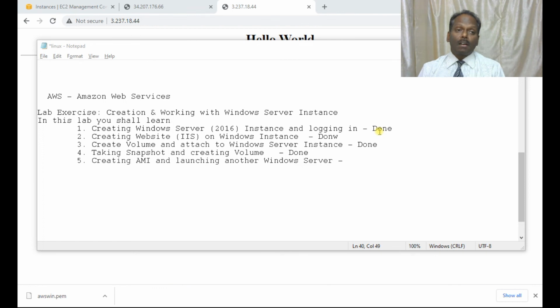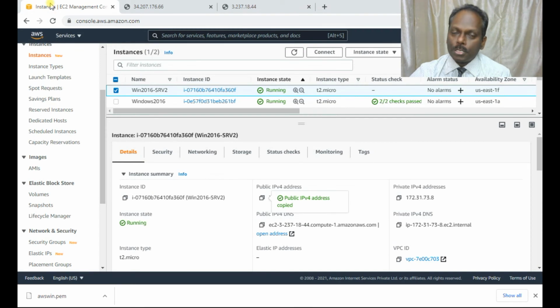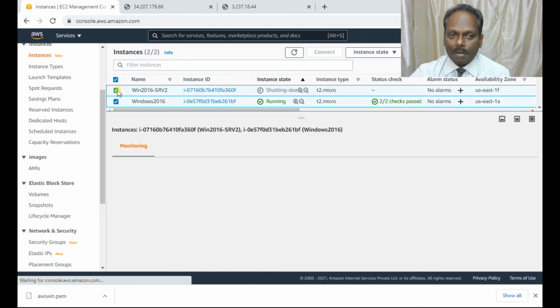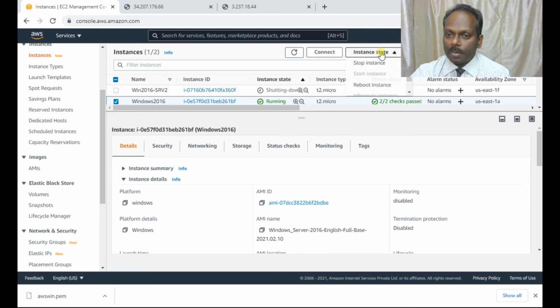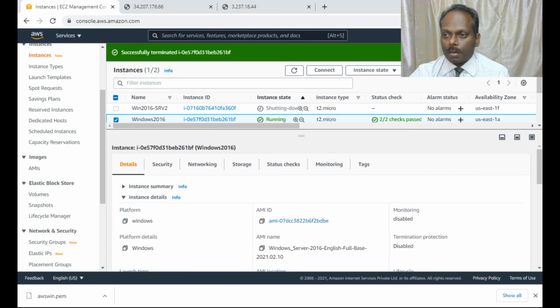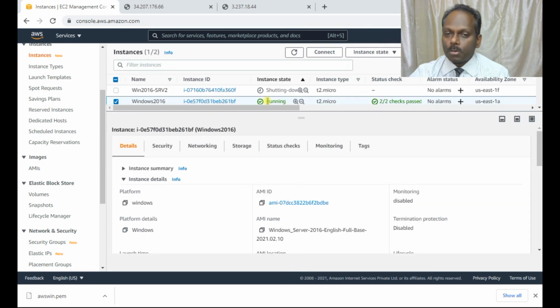Okay, just before signing off, one important thing which I wish to tell you is that whatever you have done in this free tier, just remove all these things. The first step to remove is just decommission, or you can terminate the instance. Once you terminate, the C drive volume is destroyed. Like the second one also, I'm going to terminate. Very important, otherwise if you neglect that, then you can see some bills coming, because the maximum free tier eligibility is only 750 hours in a month. If two servers are there, then within 15 days it needs to be done.